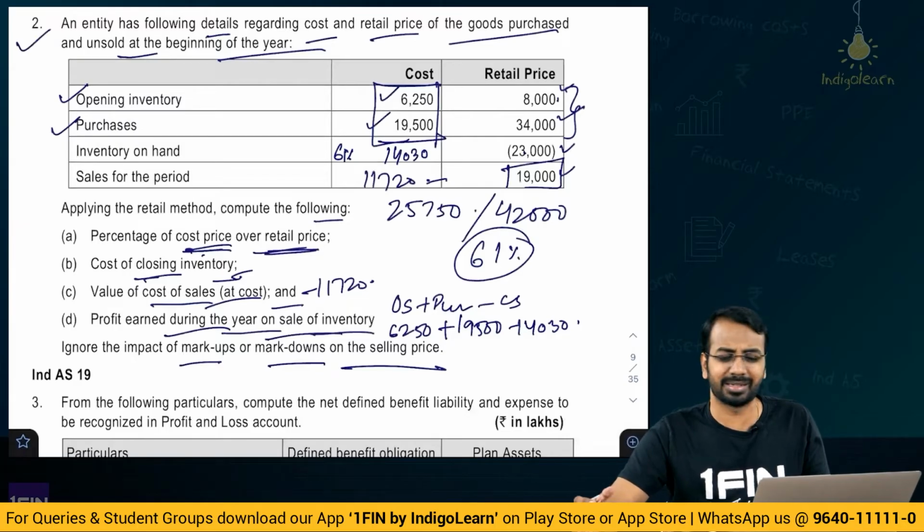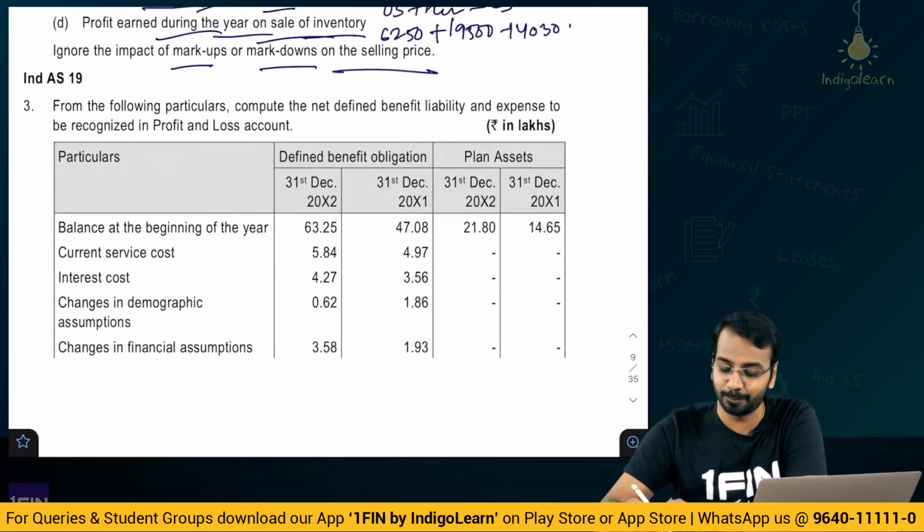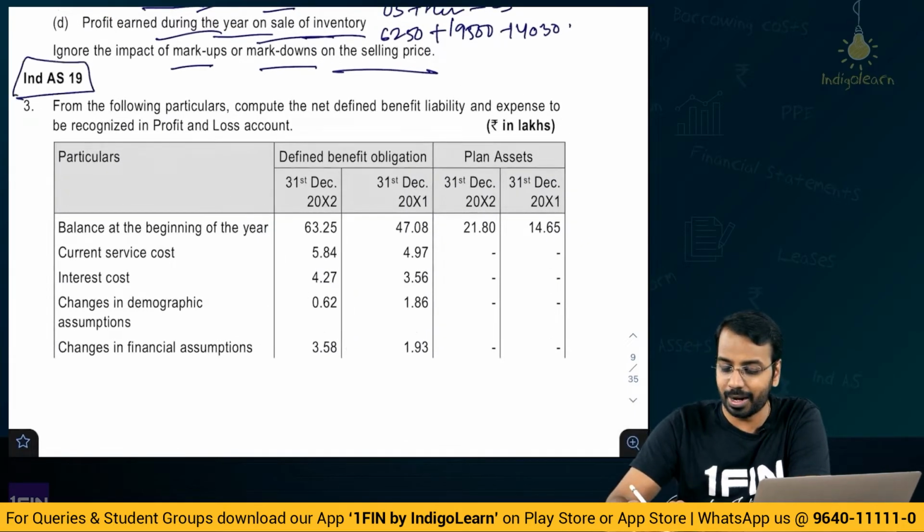Unique type of question, but very simple and logical. Now moving on to the next one, which is very important, Ind AS 19. In fact, on this Ind AS 19, the full standard